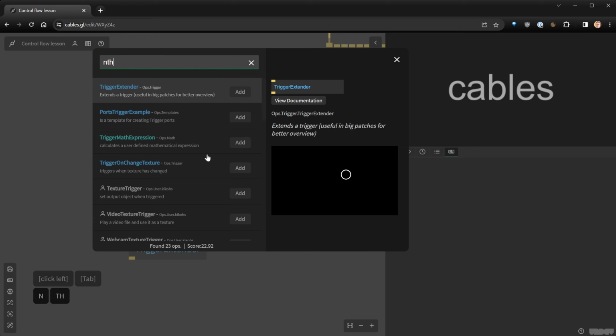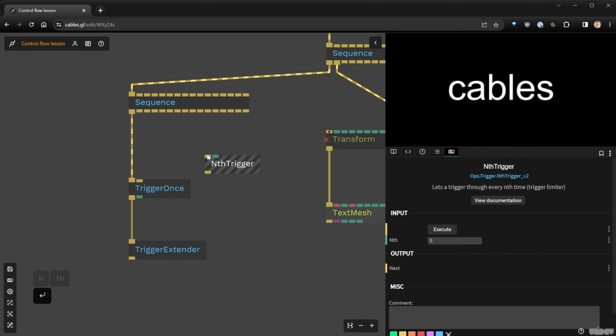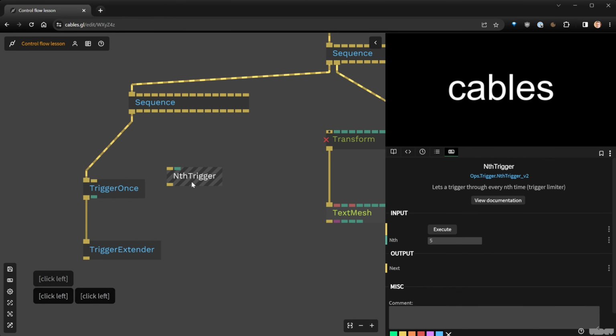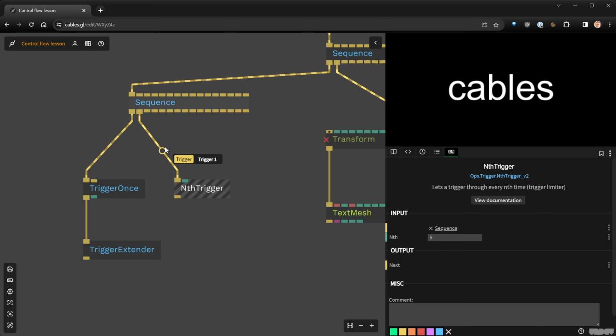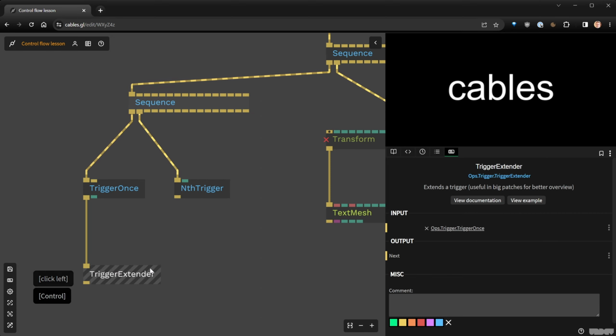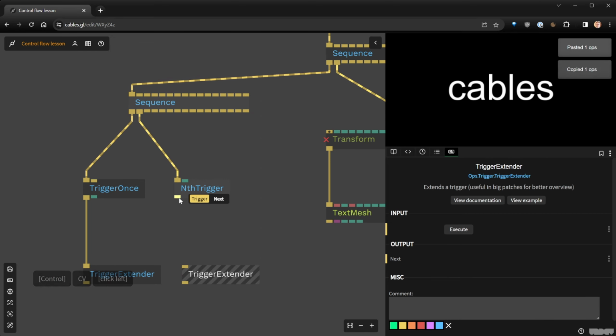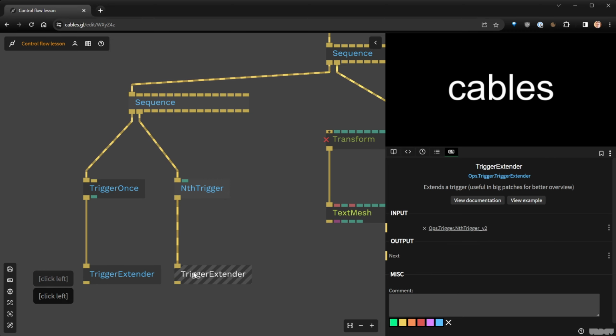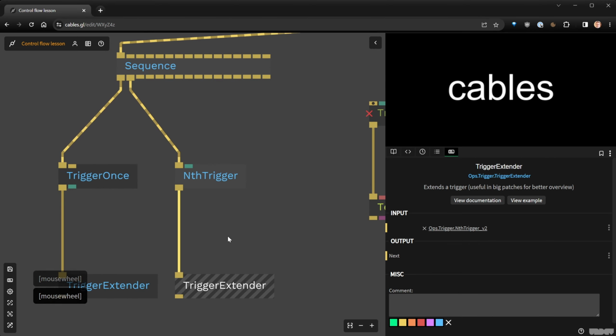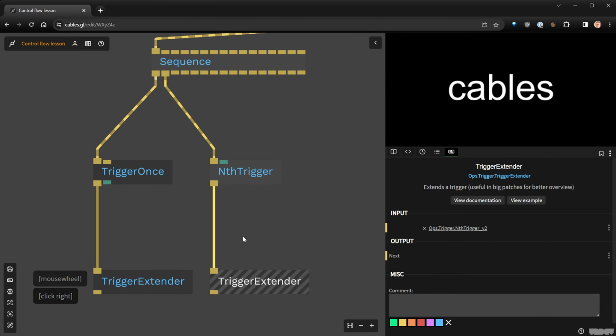For instance, this one called env trigger. It's very simple. It says you decide how many times you want the trigger to go through. So instead of having it every 120 times per second here, every fifth trigger I'm going to output. So I'm going to put this here to demonstrate. And maybe you see this blinking, right? It's supposed to basically blink this amount of time divided by 5 or 10, right? So if I say 10,